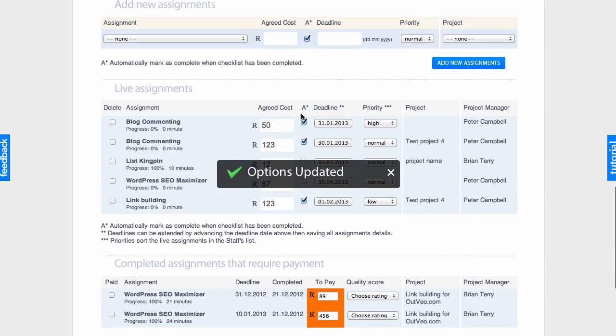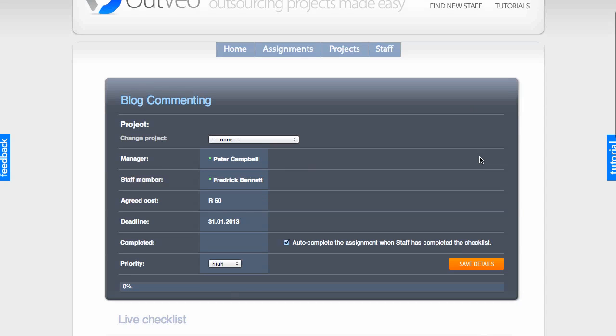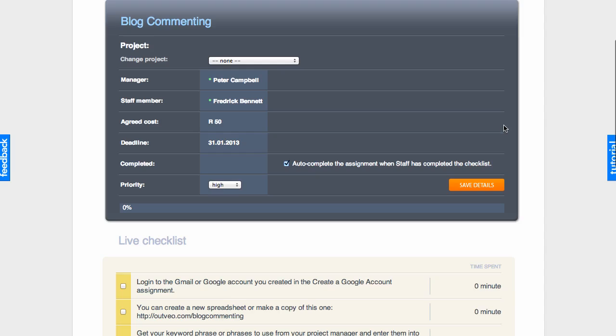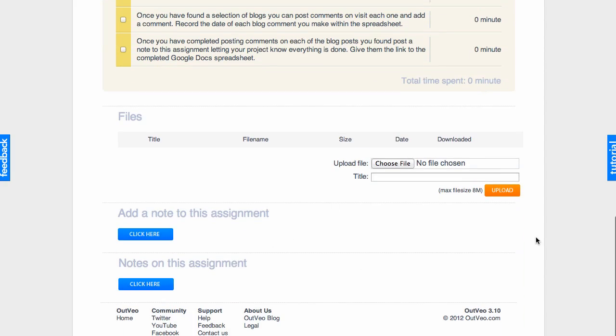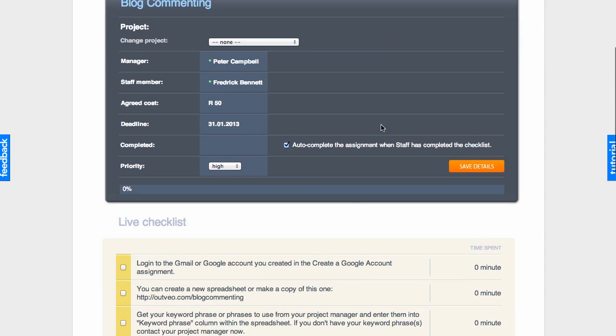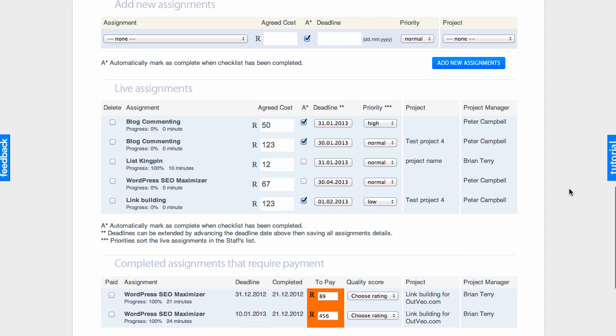So let me go back and show you what I mean. What we can also do is click on the blog assignment, the assignment name, and that's going to take us directly into that assignment, so we can see exactly what's going on. We can add files to it, we can add comments to it, whatever we want to do, and those changes will be updated. So let's go back to where we were before,